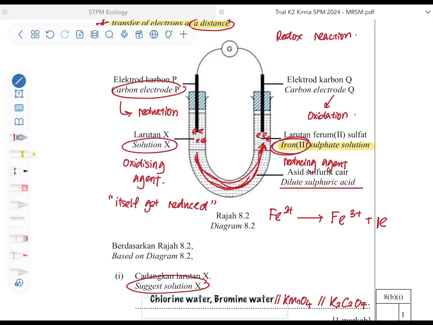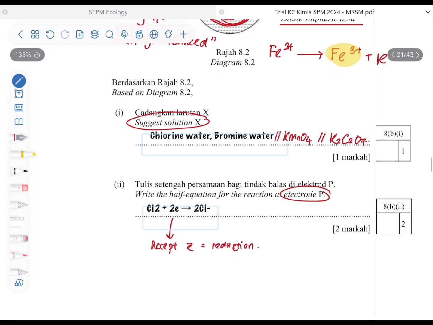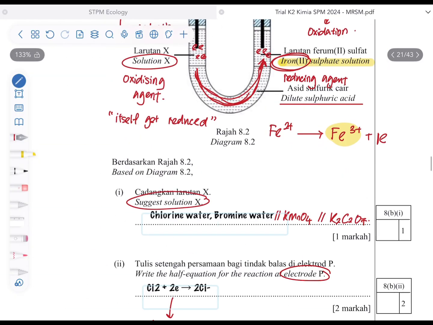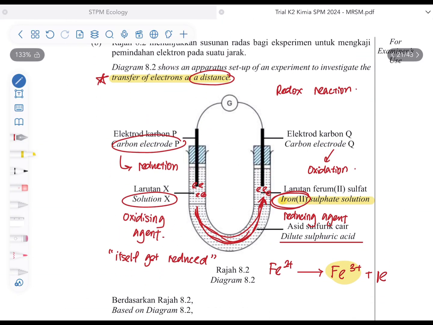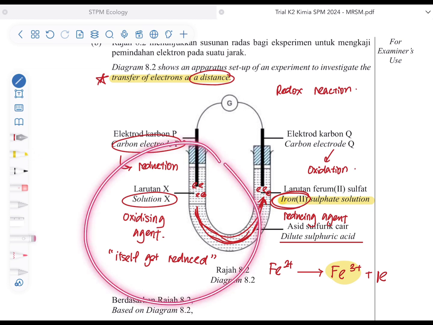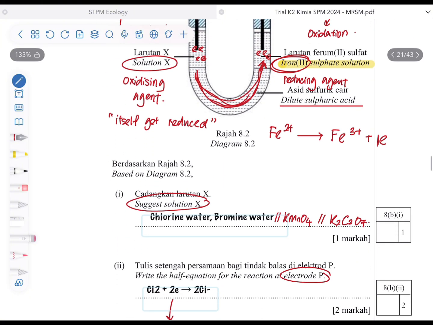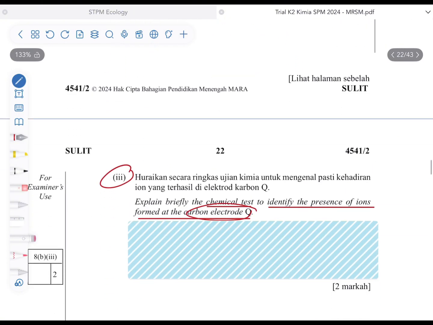So we are going to identify the presence of this ion, right? Explain briefly the chemical test to identify the presence of the ions that form at the carbon electrode Q. Because this one gets reduced, over here it accepts electrons, so here for sure it donates. Oxidation is loss of electrons, meaning it donates the electron. So when it donates electrons, it will form the Fe3+ ion. So how are we going to identify it? The Fe3+ ion is identified by the chemical test, which is